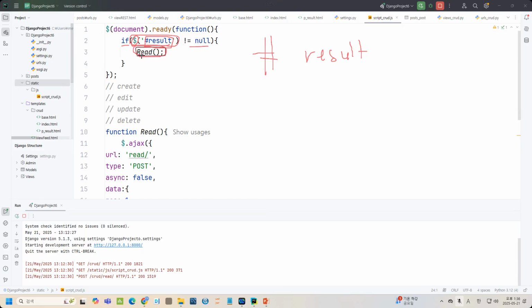then do action read. So where is read? This is a function here. There is a function read. So here I just spare some location. We will check this one, how to create, how to edit, how to update, and how to delete. Okay, so we will do this one later. So read means